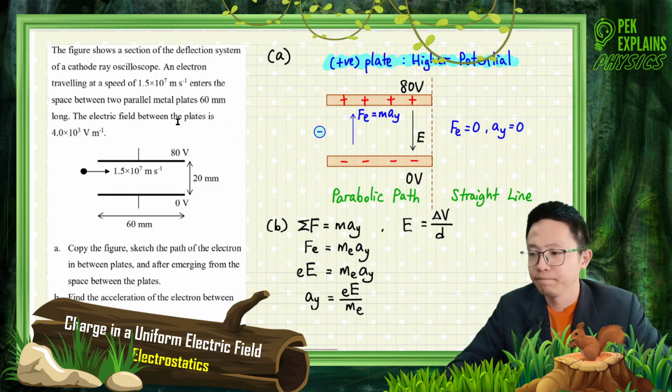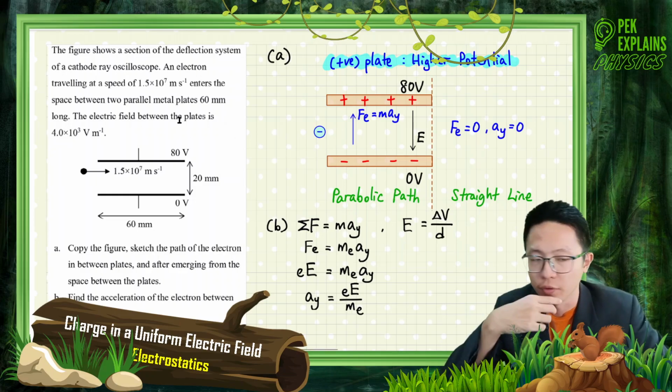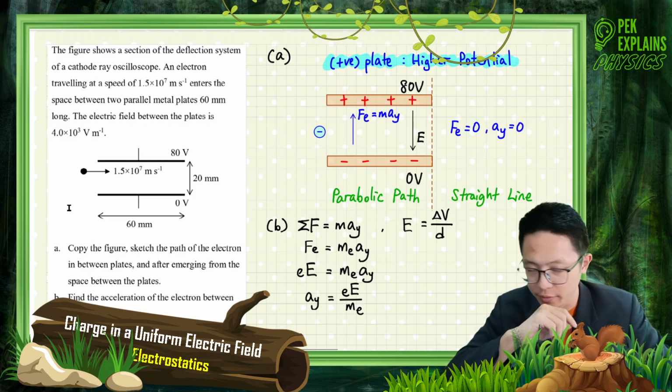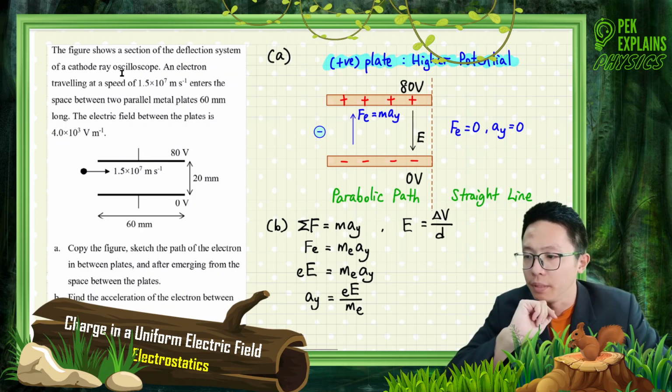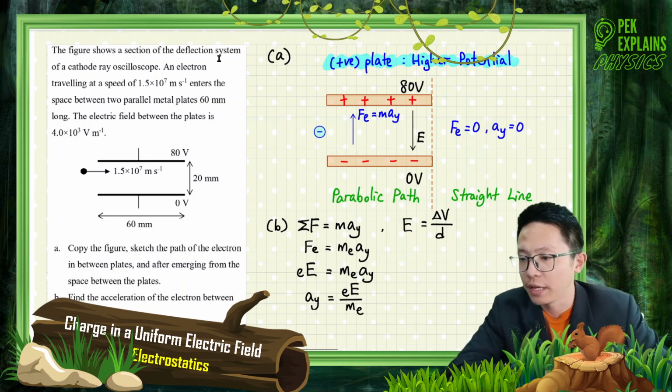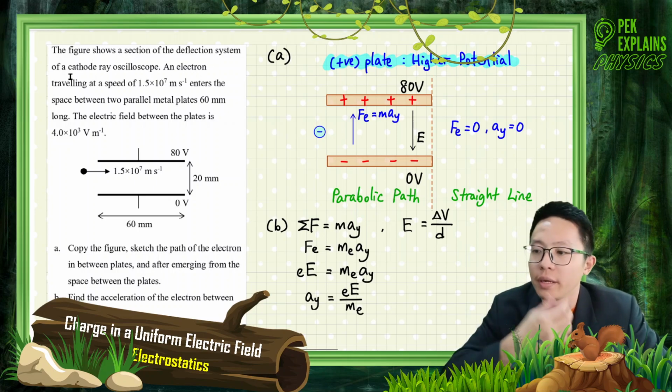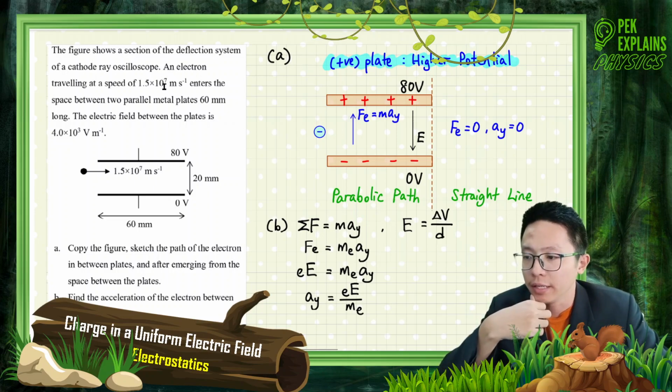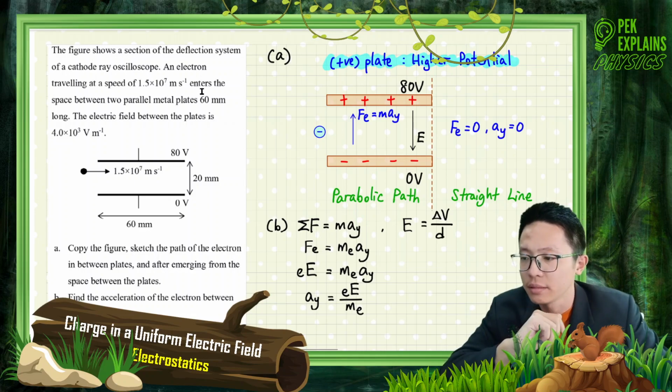Alright, now the second question, for charge in a uniform electric field. The figure below shows a section of the deflection system of a cathode ray oscilloscope. An electron traveling at a speed of 1.5 × 10^7 meters per second enters the space between two parallel metal